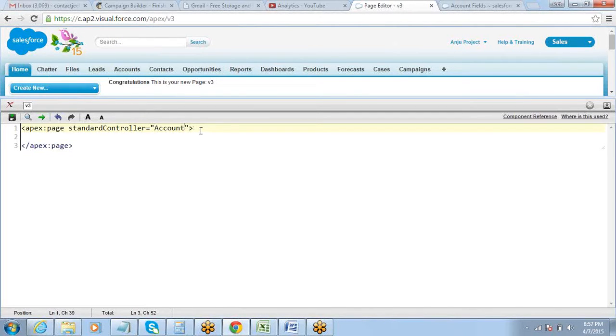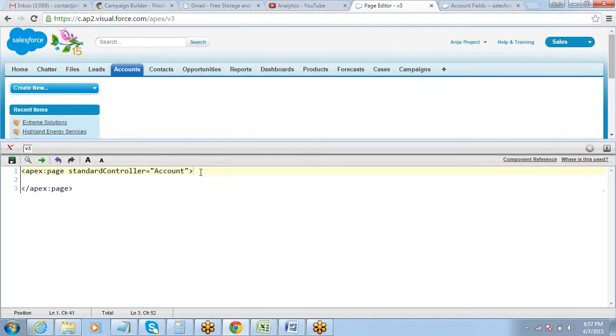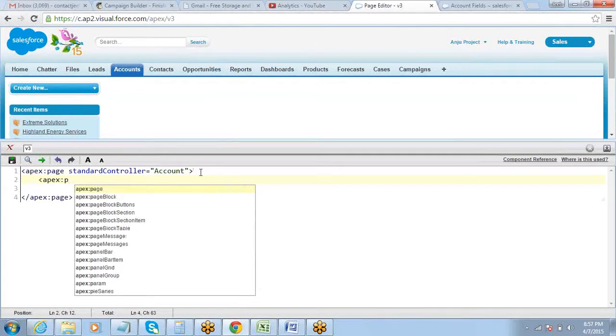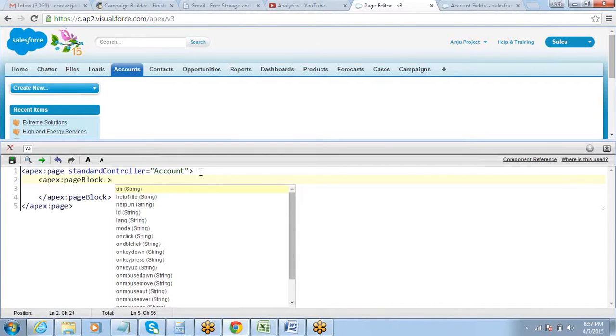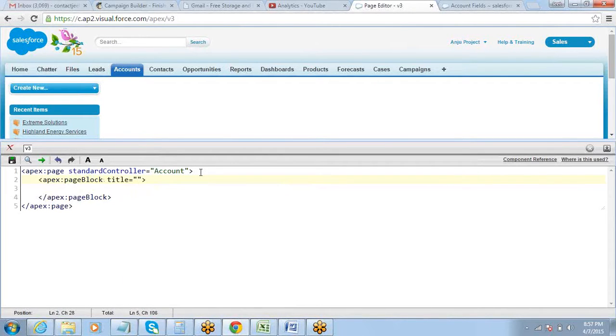Okay, let me create another page with account only. I'm not going to create this on contacts. Okay, now let's look into a few more components. So I start with a page block. In the page block we have this title, right?